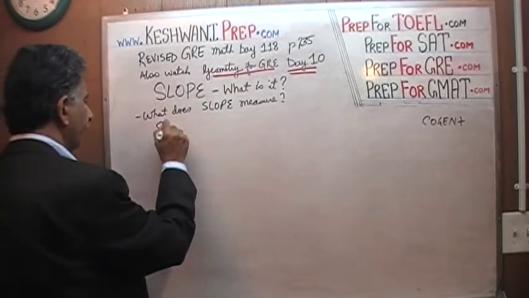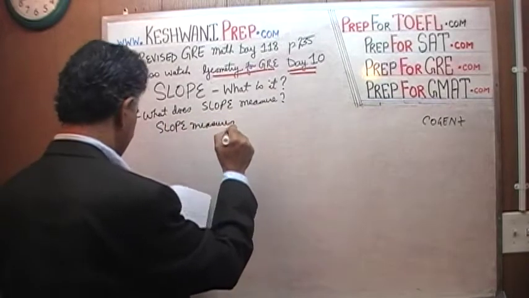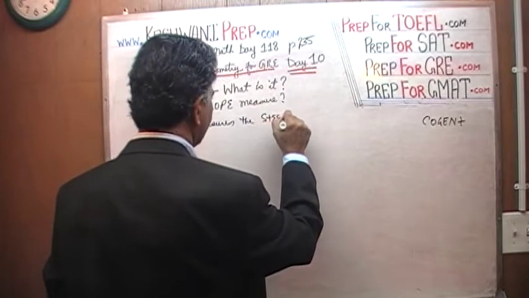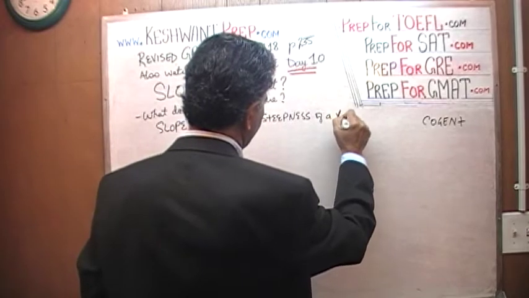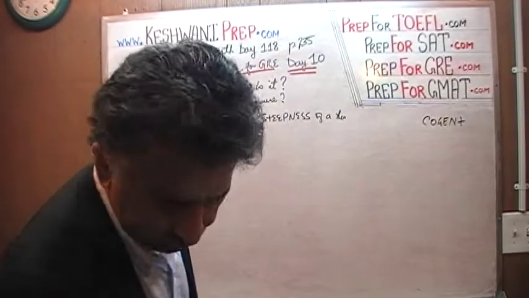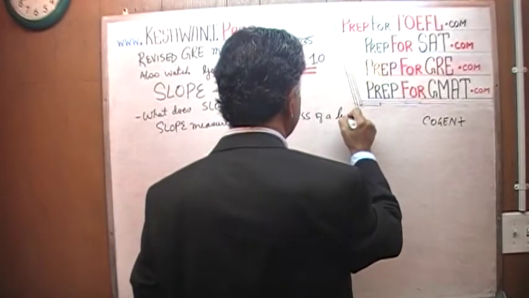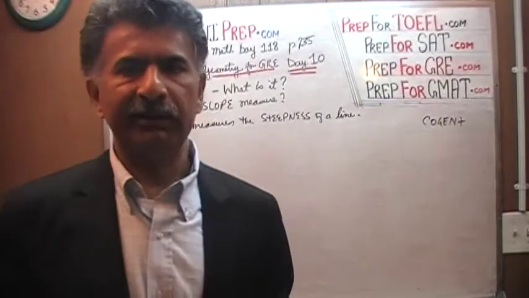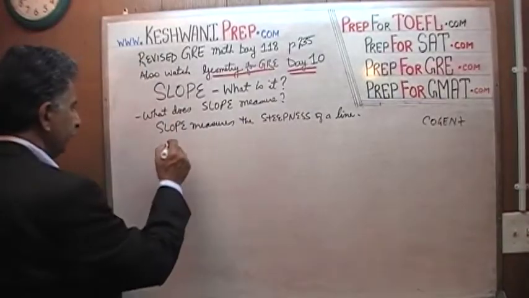Slope measures the steepness of a line. That's all it is. It tells you how steep a given line is. That is very simple. The steeper the line,